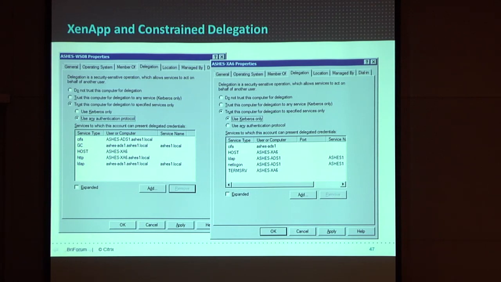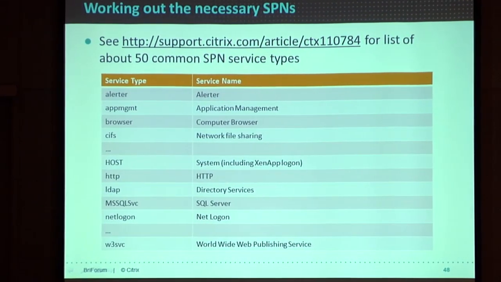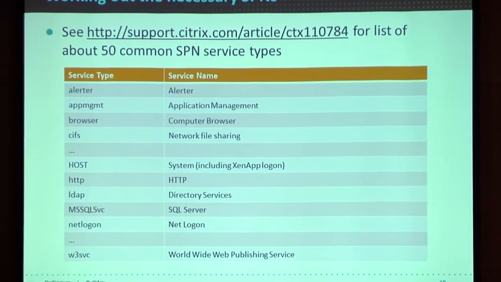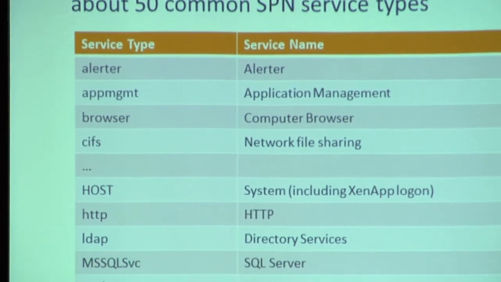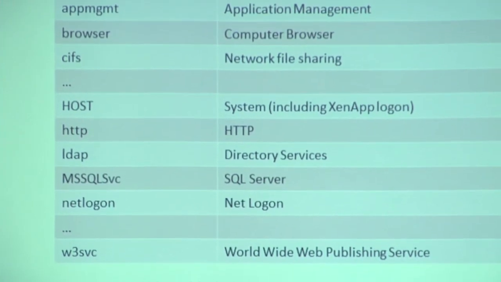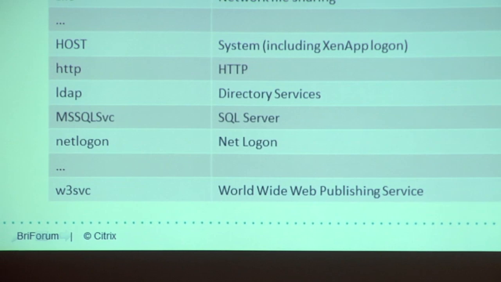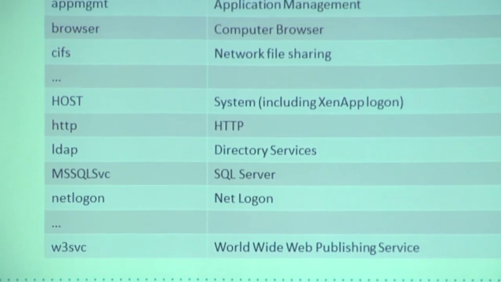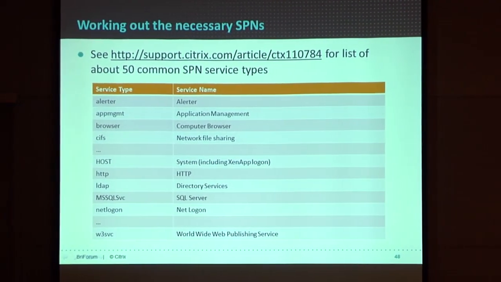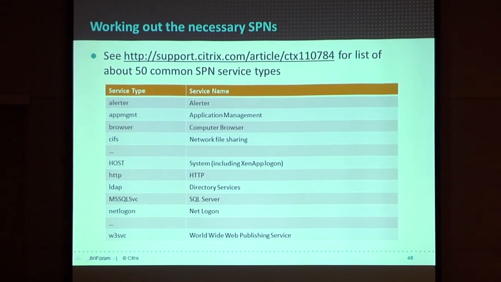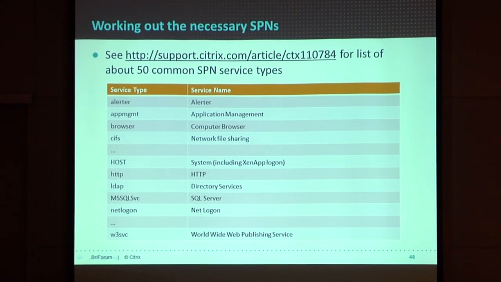This is some of the permission configuration you have to do in Active Directory. These are the simplest ones, just to do, say, a logon to XenApp. And here's a shortened list of some of the many different services that, in the worst case, you have to find out: what applications am I running, what services are those applications trying to use. You may not even know. You may have to resort to things like network traces in Wireshark and start looking to see whether something was trying to get a Kerberos ticket for one of these services, and then I have to go add that specific server and service type to that list explicitly.